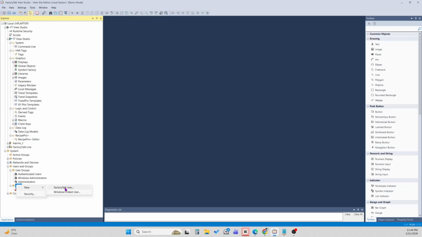In the plant you don't have any data. So if the only FactoryTalk View administrator you created is unavailable from the plant,